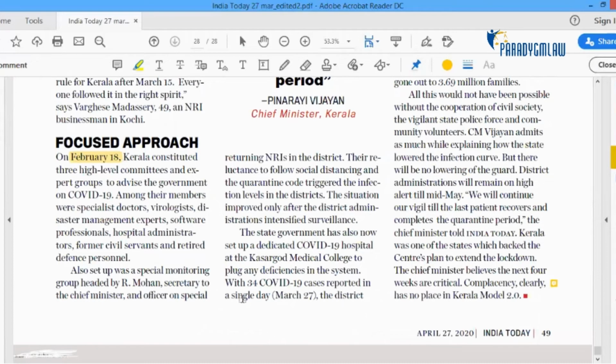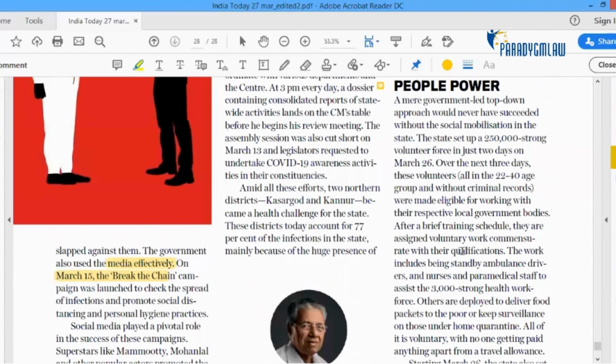So we see a resurgence of the COVID-19 cases happening on the 27th of March in these two